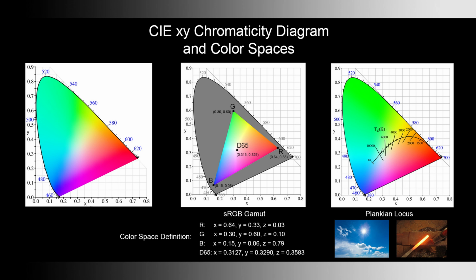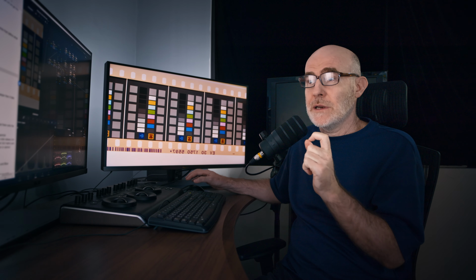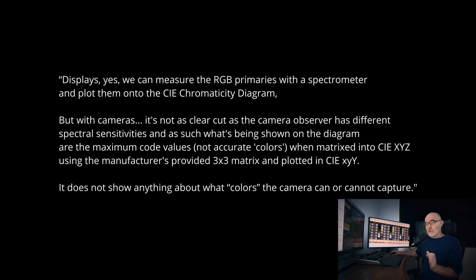In the same episode, I was talking about gamut triangles. I was explaining color spaces, when we need gamuts and transfer functions. But I was saying you take the most saturated red, green, and blue, and these three primaries define what the camera can capture or what a display can show. This sounds like a very neat summary, and it's fine for an introductory episode, but what Carl pointed out very nicely, he said, for displays, yes, we can measure the RGB primaries with a spectrometer and plot them onto the CIE chromaticity diagram, but with cameras, it's not as clear-cut, as the camera observer has different spectral sensitivities,